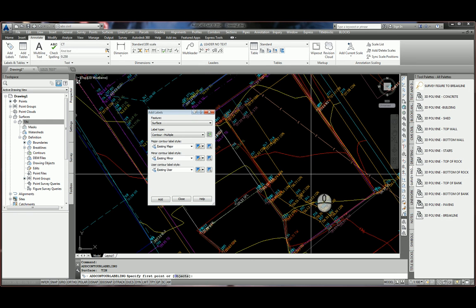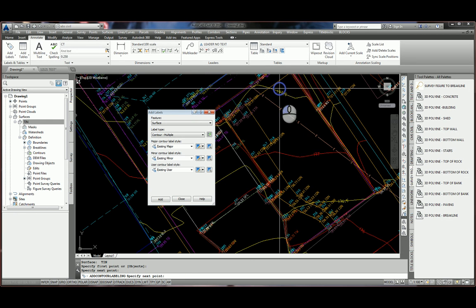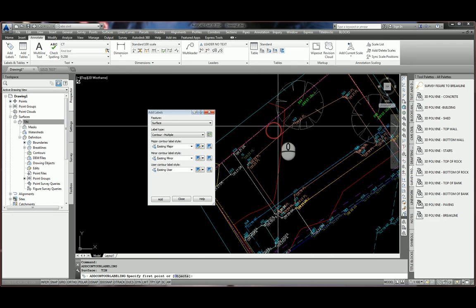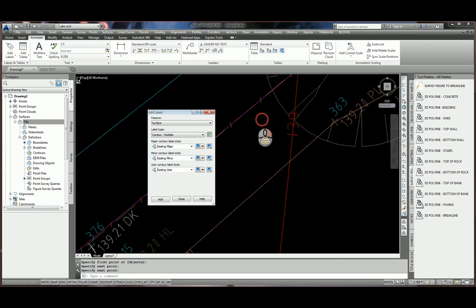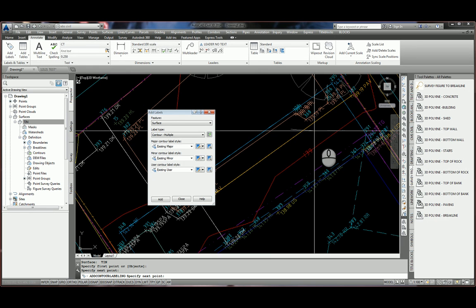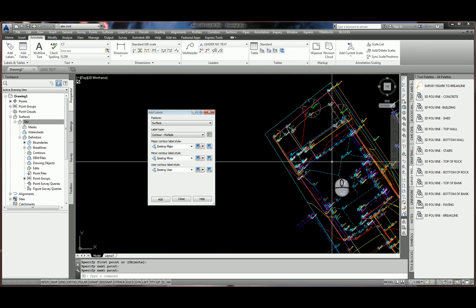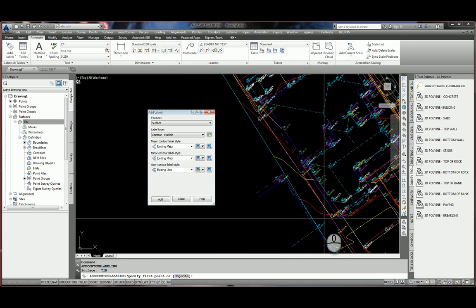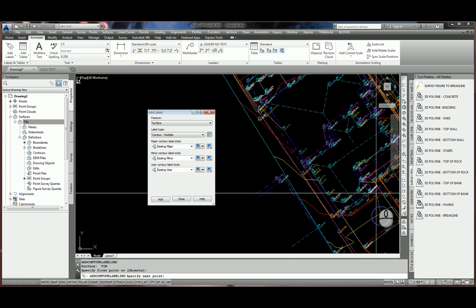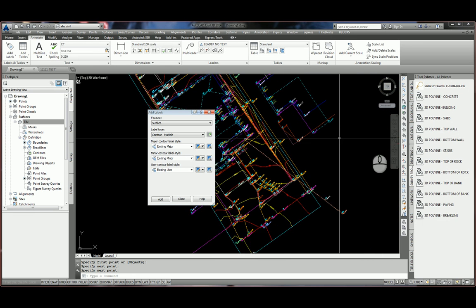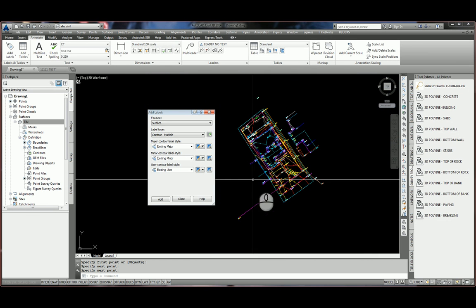We can do that again here, and in the backyard we might want to show these contours. And there you have it. So once we're happy with those contours,